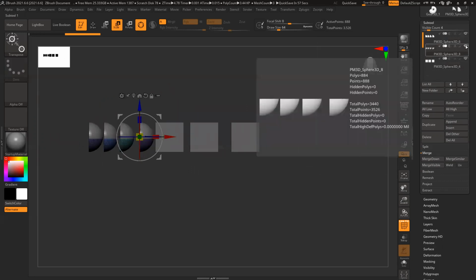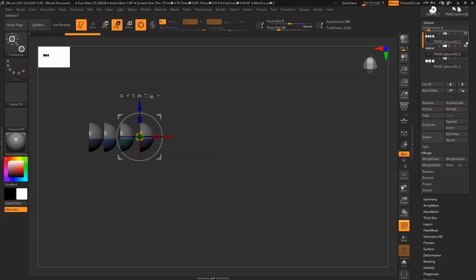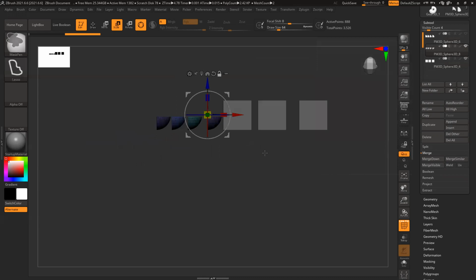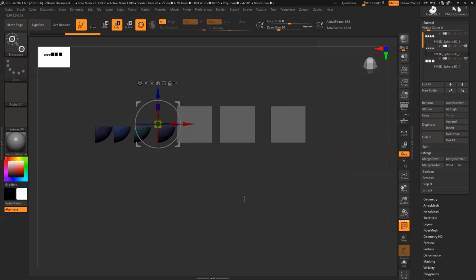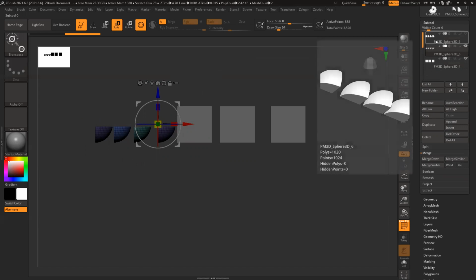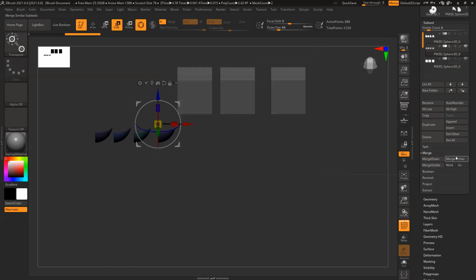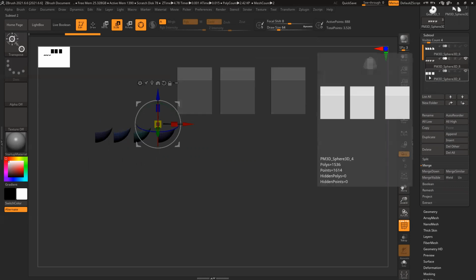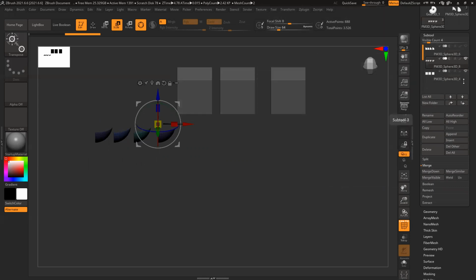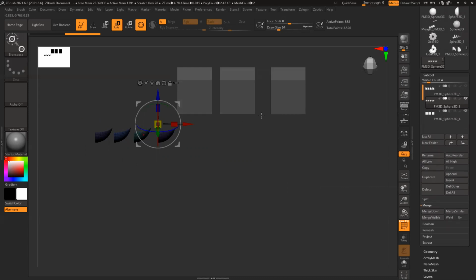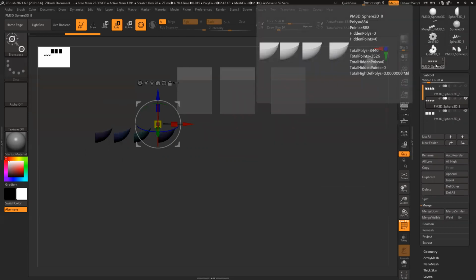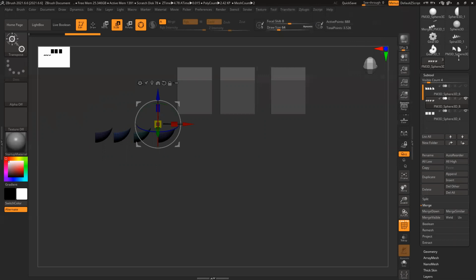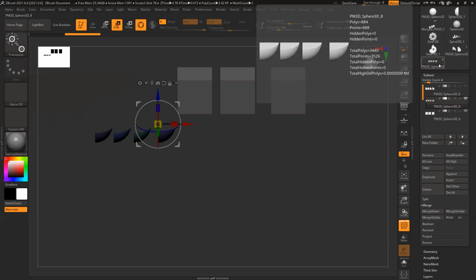Let's see. I don't want to merge this box here, I want to merge this box and these two. So whatever is visible on screen, this one is not visible, the rest are visible. If I click merge visible, you will see nothing happened here, but your entire menu shifts down slightly, because it merged whatever is visible and created a separate tool. If you remember from our previous class, I said all these are different files. They are not the same file. So it creates a separate file for the merge.